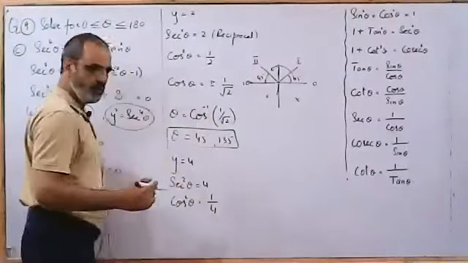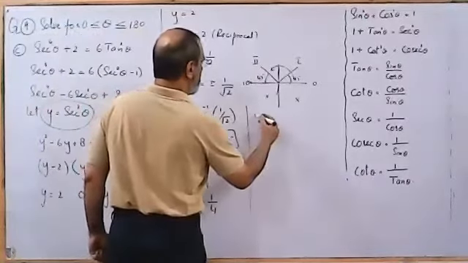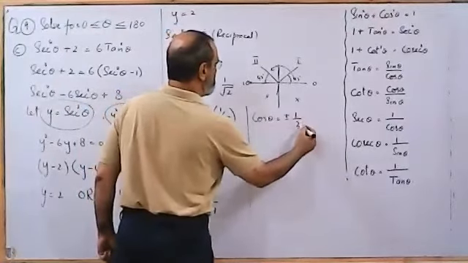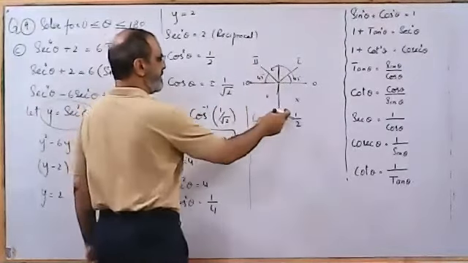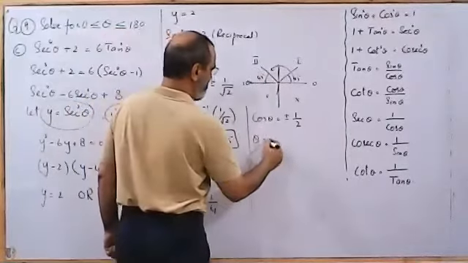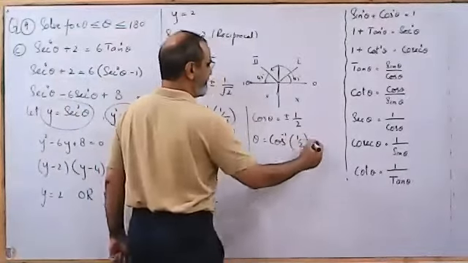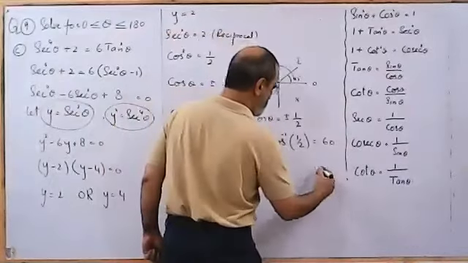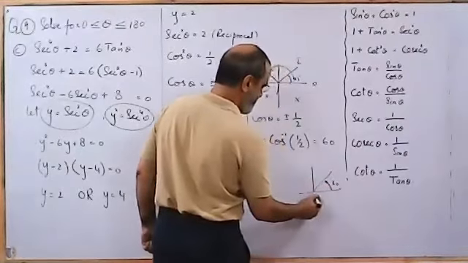I have taken the reciprocal on both sides. So cos theta is equal to plus minus 1 by 2. So again, I have to choose the first quadrant and second quadrant. Positive values are for the first quadrant, negative is for the second quadrant. So theta is cos inverse of 1 by 2. That gives you the base angle of 60 degrees. So your one answer is 60 degrees and the other is in the second quadrant.